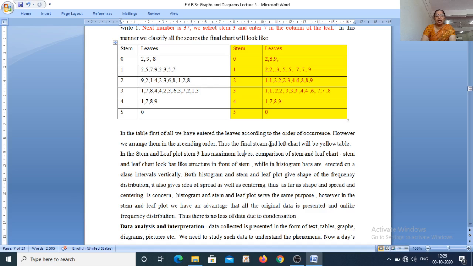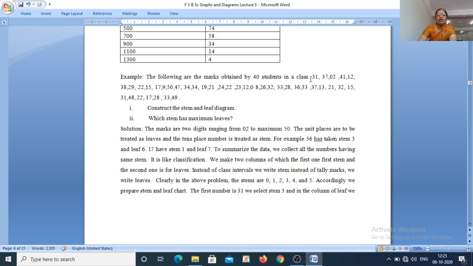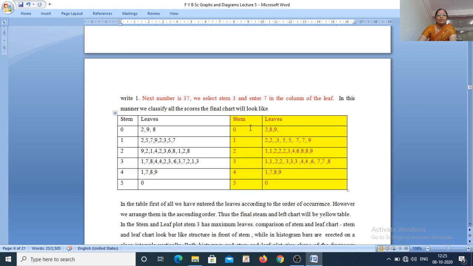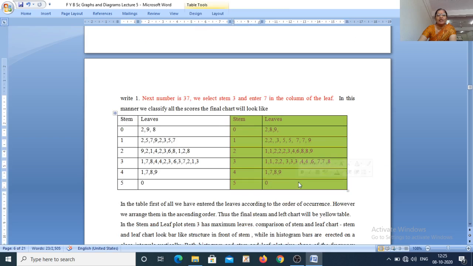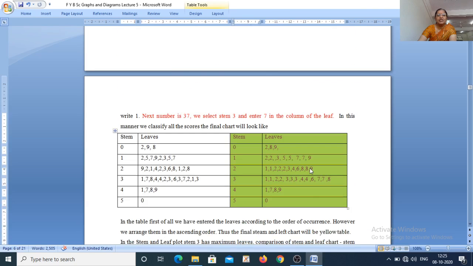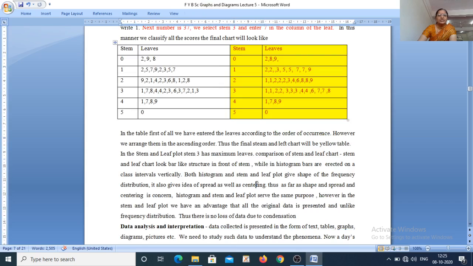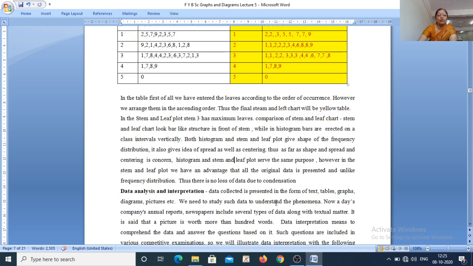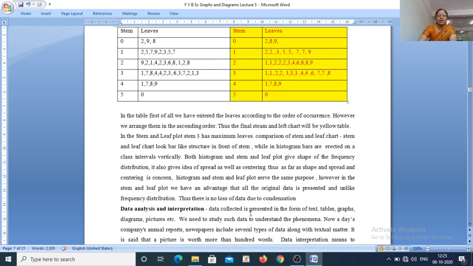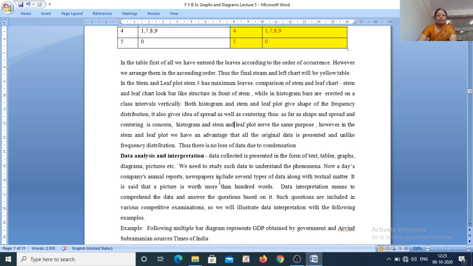In a stem and leaf chart, we don't lose any information about our original data set. So, my original data set, whatever I have here, is the same as here, and we can definitely read these observations in this way. So, this is the stem and leaf chart. The description for the stem and leaf chart is given here. You write down this particular description in your notebook, and actually one has to write this whole lecture in your notebook also. This is a very important topic from the examination point of view.